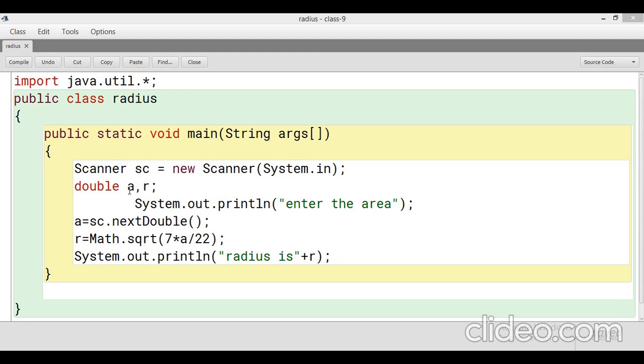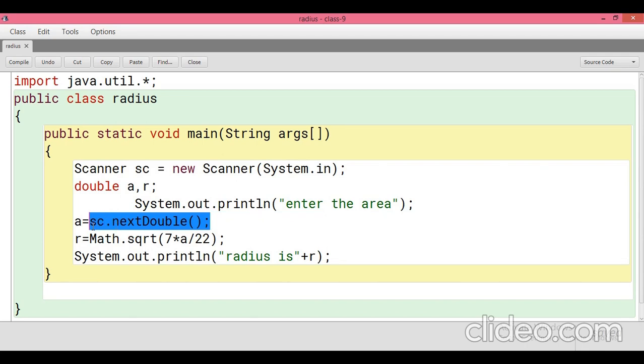Both are of double data type. It means they will contain fractional values. We are giving the value of the area through the user. System.out.println enter the area. We are giving it in fractional format, that's why we have used the nextDouble method. It will read the value through the scanner object, sc, and that value is assigned to the variable a, that is area. Math.sqrt, because the formula to find the radius is given in your book also: sqrt of 7 multiplied by a upon 22. The output will come to the variable r, that is the radius of the circle. Now after that you have